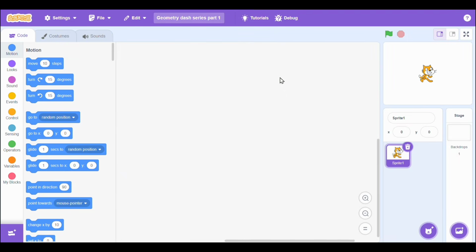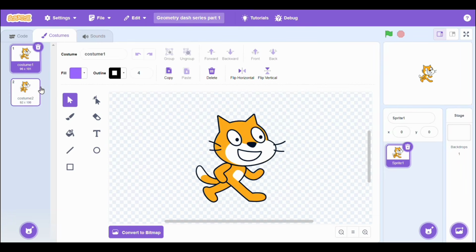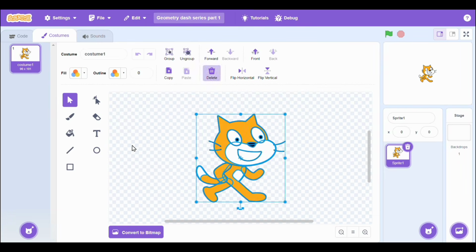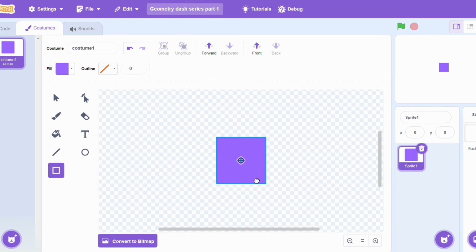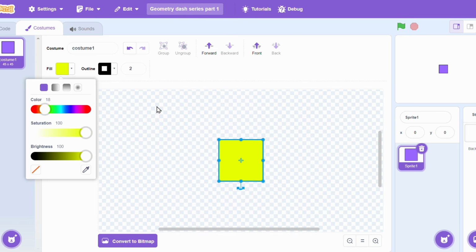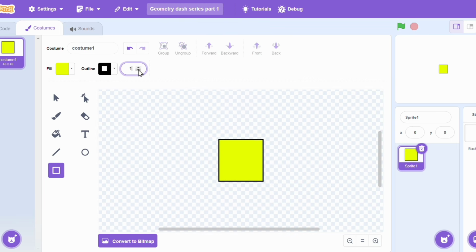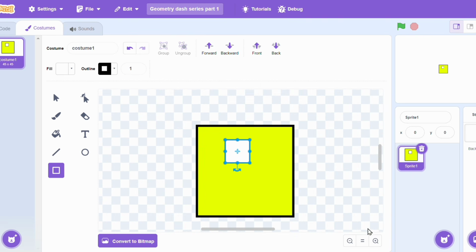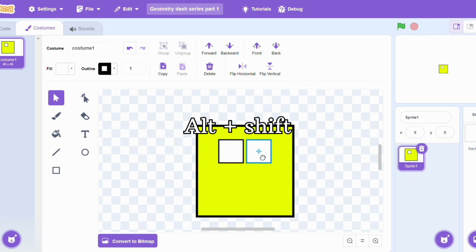So let's get started. Now the first thing we need to do is to delete this cat sprite because we don't need it. So delete this and we'll draw our own custom Geometry Dash character. I will use the yellow color, and for the eyes I will use 2 squares. Now to copy any object, just using the selection tool, press Alt plus Shift together and it will make a